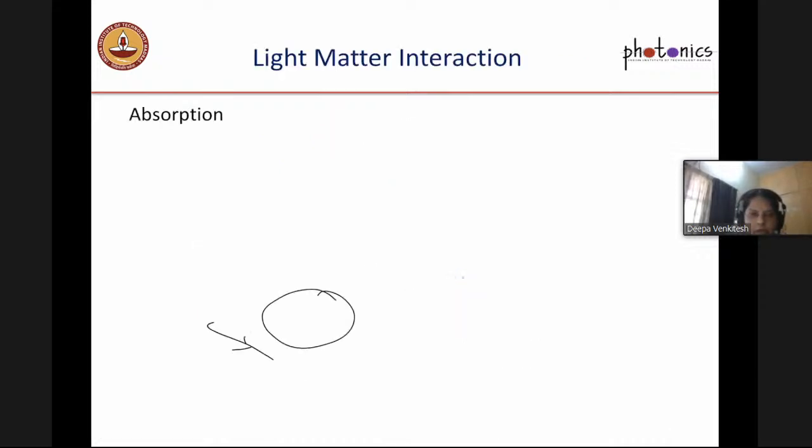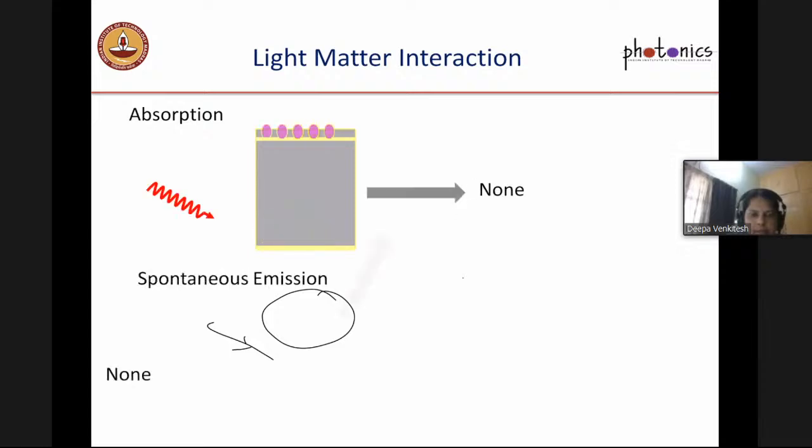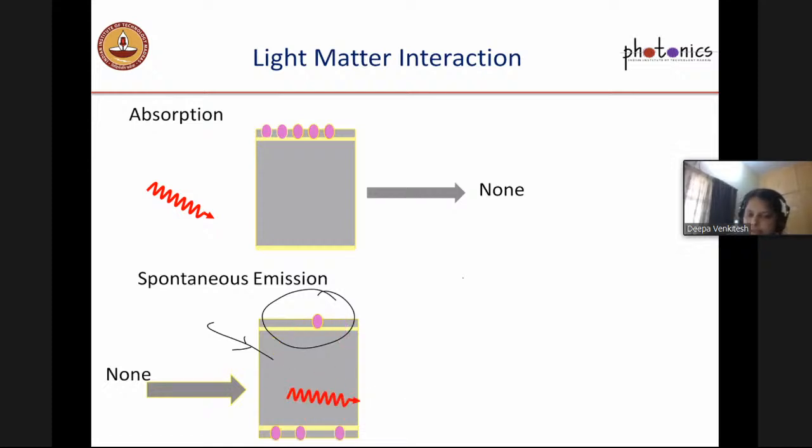So that's a good question. We definitely need some other mechanism. That's what I marked here. We definitely need some other mechanism to get these ions into the excited state, right? It's just that the de-excitation, so for both spontaneous emission and stimulated emission, you need the ions in the excited state. It's just that in spontaneous emission, the de-excitations are happening in a spontaneous manner on their own, and hence